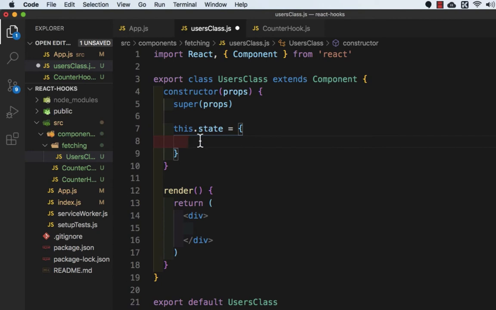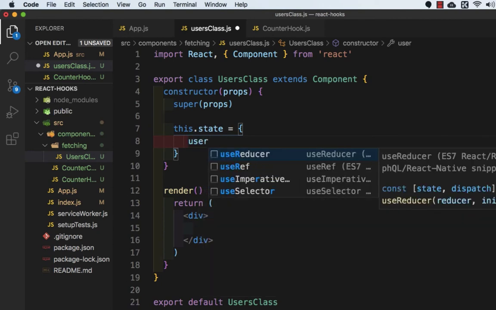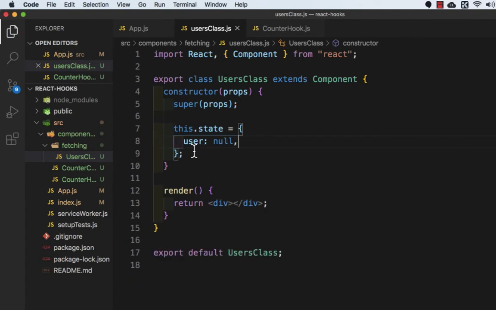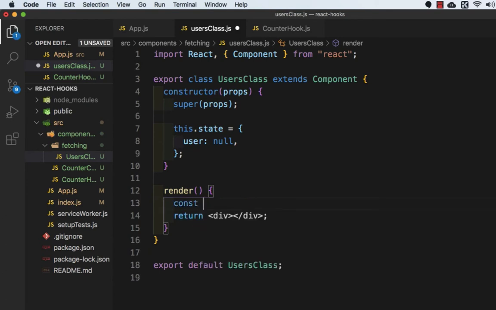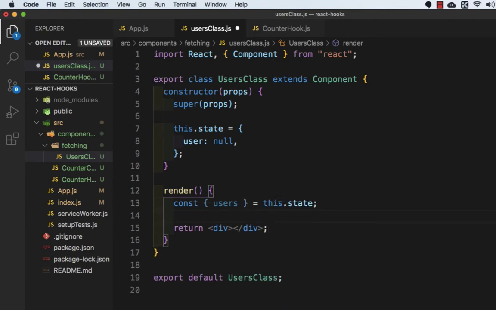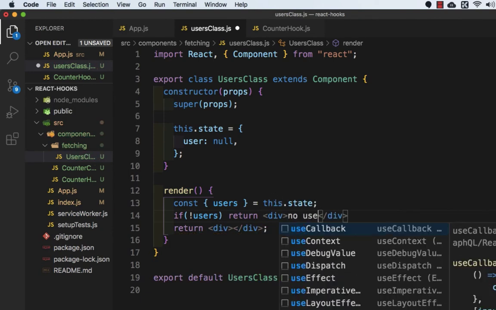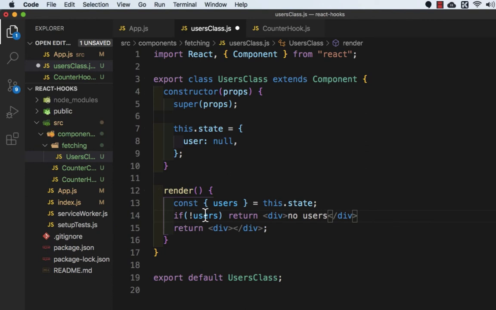Okay, and here we need to add a property users which is set to null. Let's save this, and we can extract the users property from the state variable. So here we need to write const users equals this.state. Let's save this file, and here we need to add a condition. If the users do not exist, then return a simple div with no users, and if the users exist, then